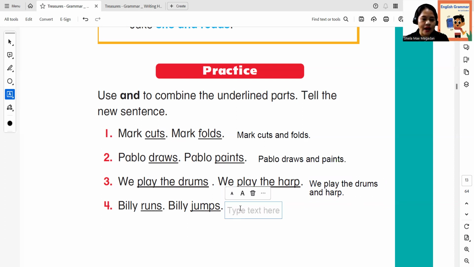Okay, very good. Now, let's proceed to number 4. Can you do it? Very good. Okay, Billy runs and jumps. Can you read it? Okay, very good. So we have done a great job, a combination of the subject and then a combination of the predicate with the same subject. Okay, we're good to go. So now let's proceed to